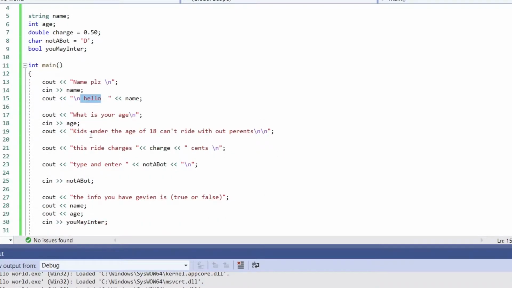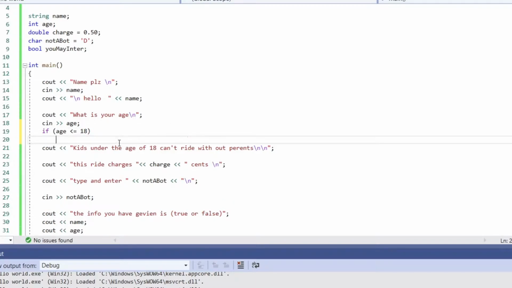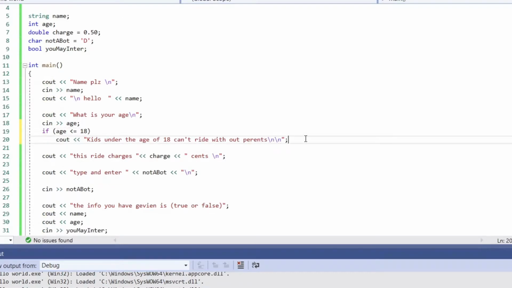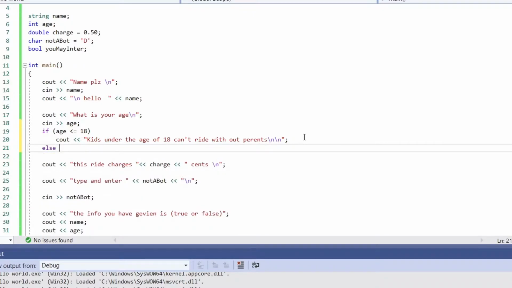What is your age? And then let's say we don't want to prompt this command all the time. So, we could easily do this by making an if statement. If, let's say, and then we have to add these parentheses. Say this, age is less than or equal to 18, and then pretty much have this right here, and then have it execute that. And then we're gonna have an else,